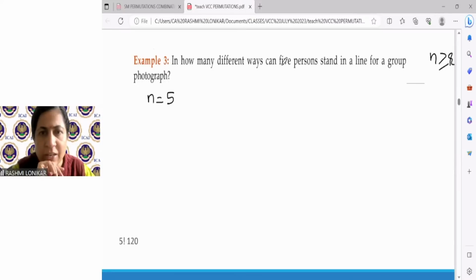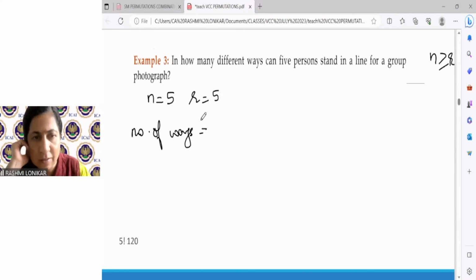How many different ways can 5 people stand in the group? Out of these 5 people, how many people are standing for the photograph? All of them are standing for the photograph. So R will also be 5, because there are 5 people and all of them want to stand for the photograph. So this number of ways